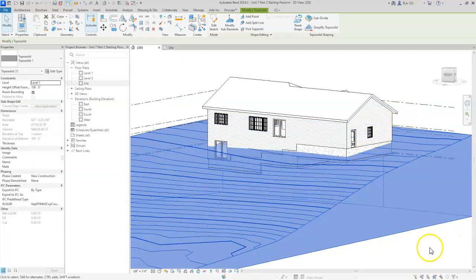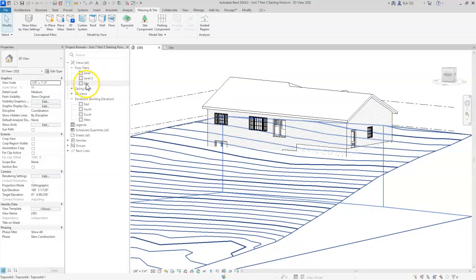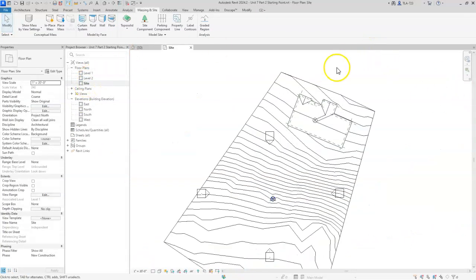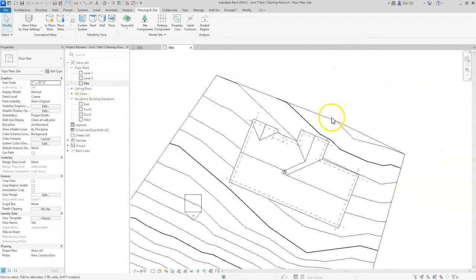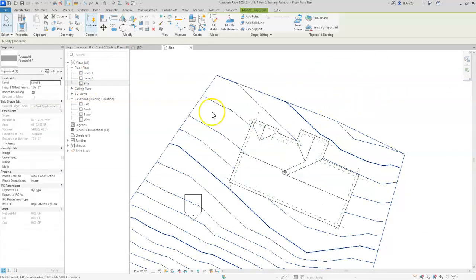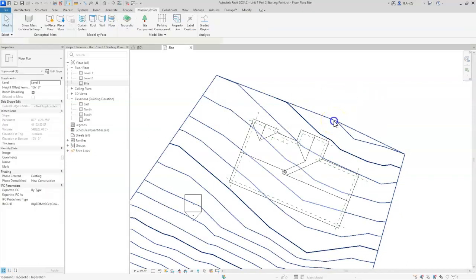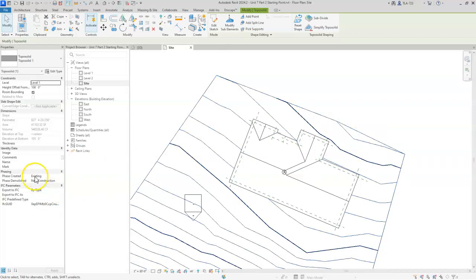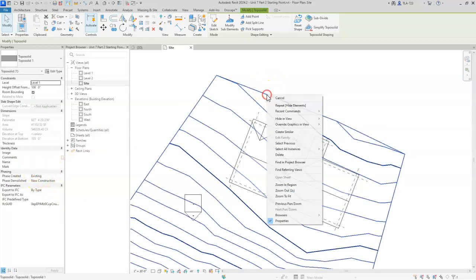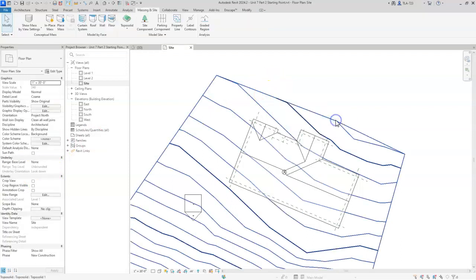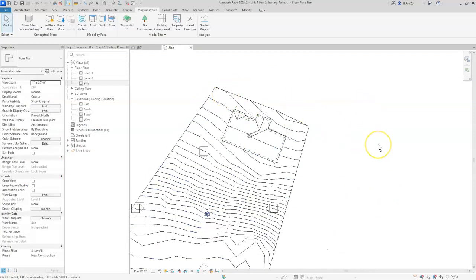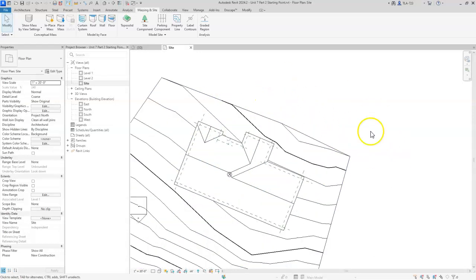Now I know that anytime I click on this thing in the 3D view, I'm clicking on the one that I want to edit. I should probably do that in my site plan view also, because I'm also going to be working on this thing in plan view. So I'm going to go ahead and select this topo surface and see which one it is. You can see that this is the new one. So I'm going to tab select, so I get the old one, the existing one, and I'll go ahead and hide this in this view as well. All right. So now that I've gone through that somewhat confusing explanation of what we're doing with those phases,